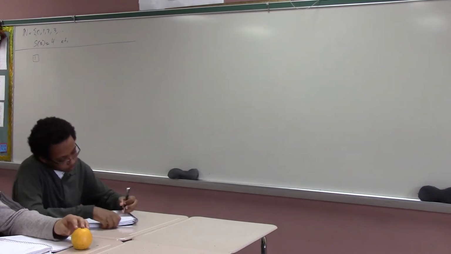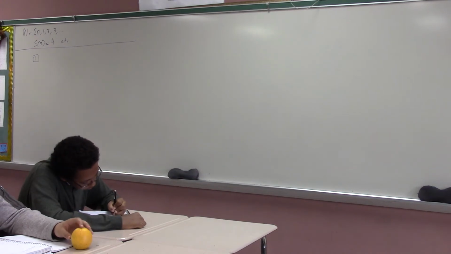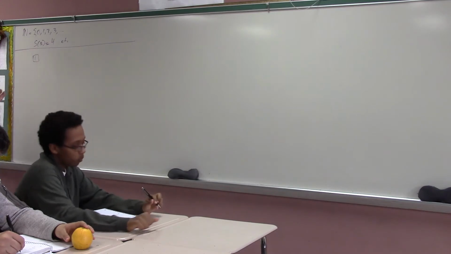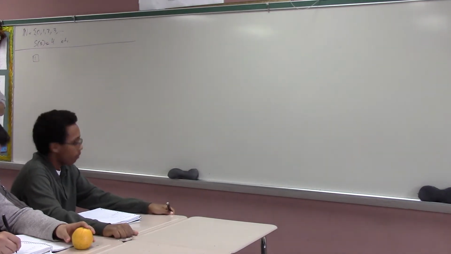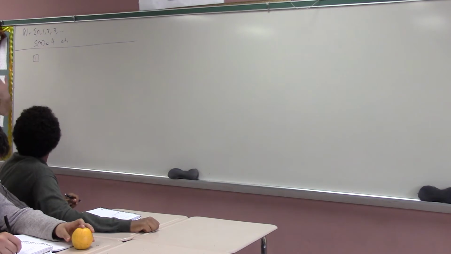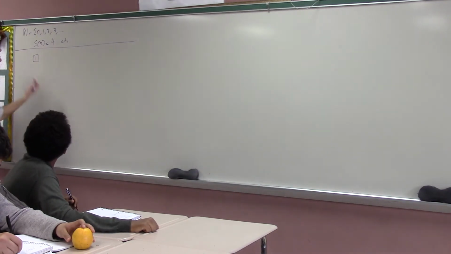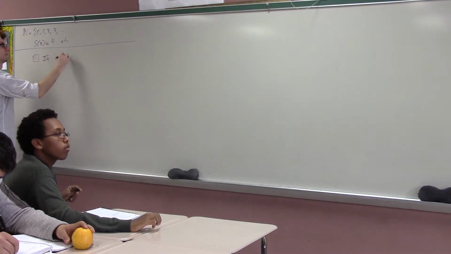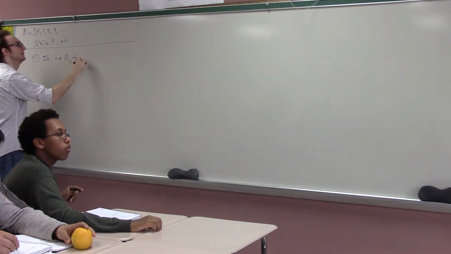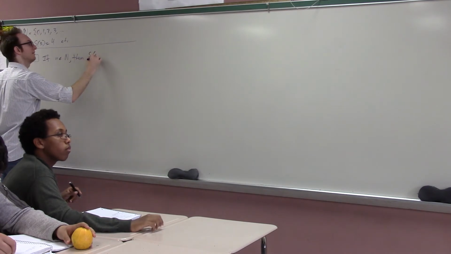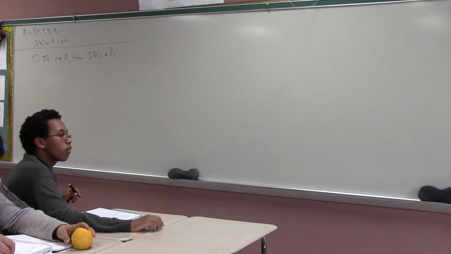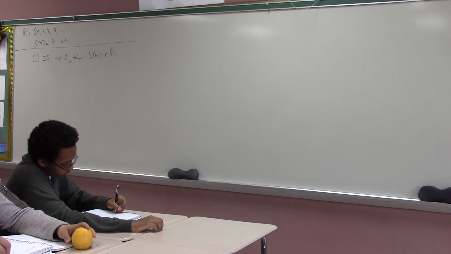One thing you could tell the alien is, okay, there are these things called numbers. Meanwhile, the alien has no idea what you're talking about. But you might say, when you have a number, there's always a next one. This seems like a way of explaining how numbers work. So we could say, if you have a number, then the successor of that number is also a natural number. You guys understand that sentence? Seems like an important fact about numbers, that there's always a next one. They don't stop.